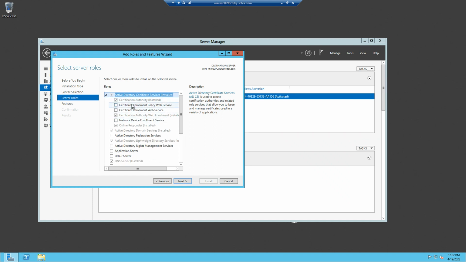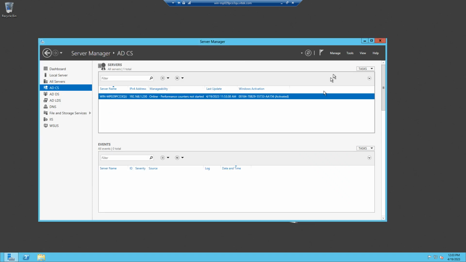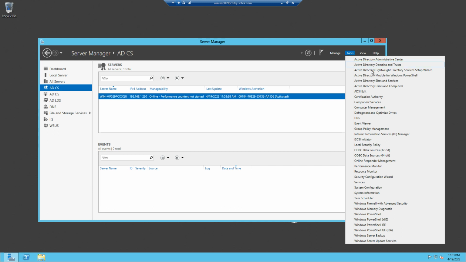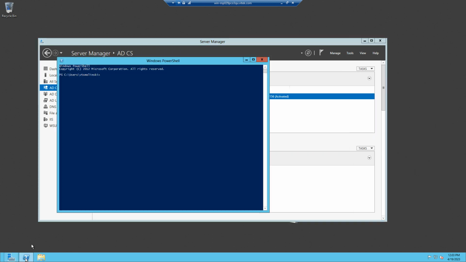And these are different features in that role that one can install as well. And there are a number of certificate tools, like this CERT SRV,